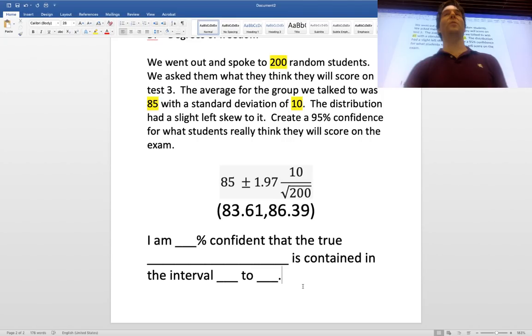And I gave it away here because I said we sampled how many? 200, and the distribution is only slightly skewed. Do you guys see in the question where it says the distribution had a slight left skew to it? So when it's slightly skewed, and I'll go by what it says in the notes for this last chapter, I think it says 30 to 40 if it's slightly skewed, or I think 30 to 40 if it's